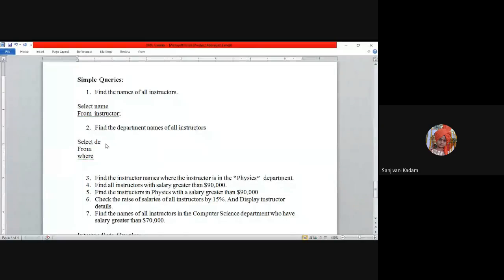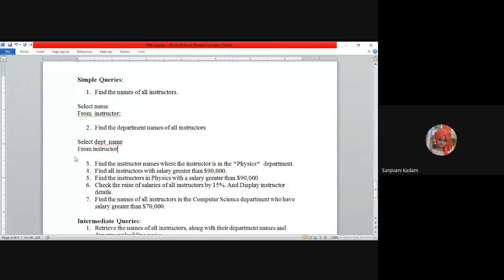I know that department name is an attribute available in the department relation, and we are right now referring to the instructor relation. As I have asked for all the instructors, again the where clause is not necessary. So this filter we will remove, and this will be the only answer for the second statement. And if the specification is all the department names, and again specifically I'm asking to remove the duplicates,